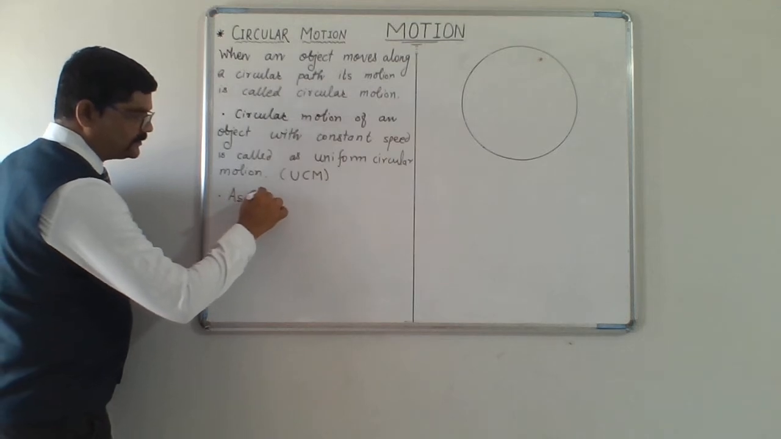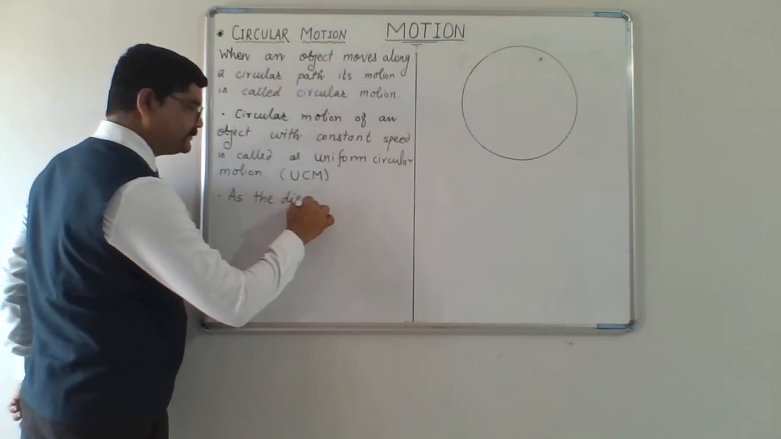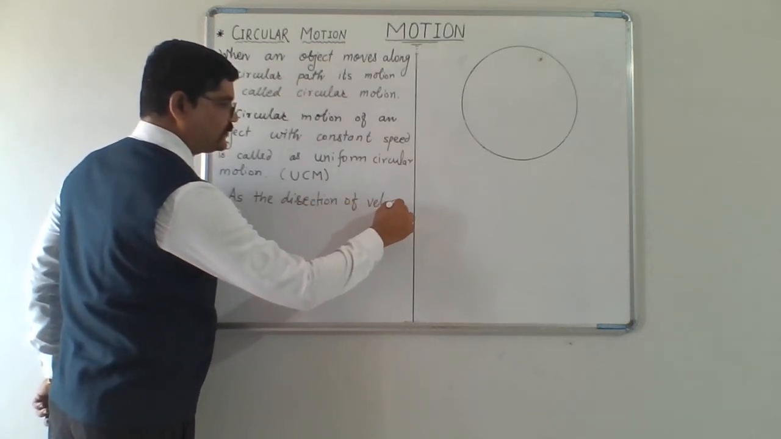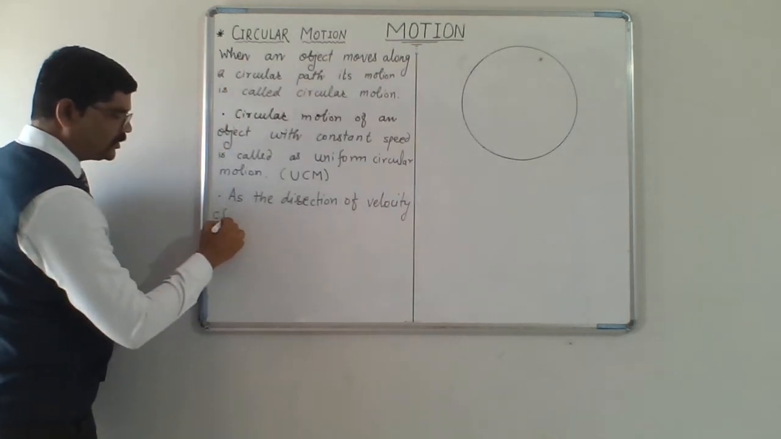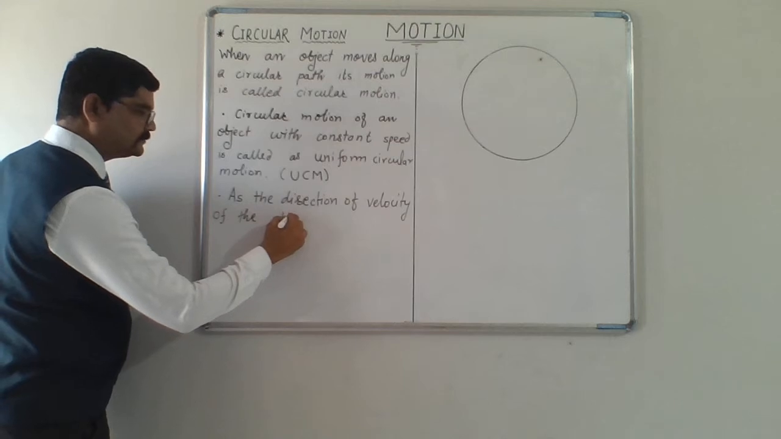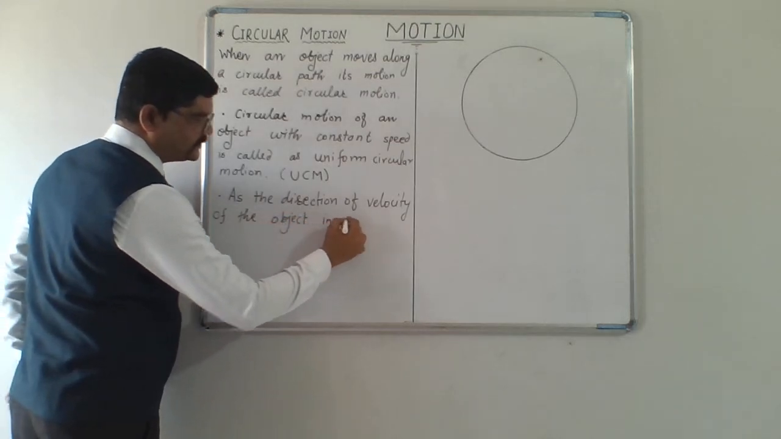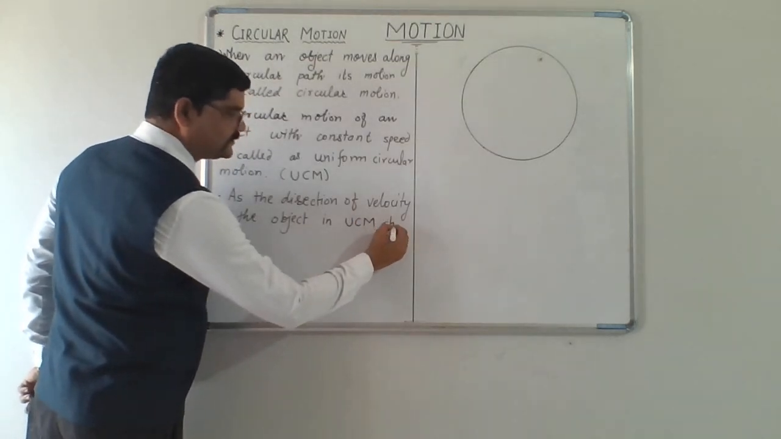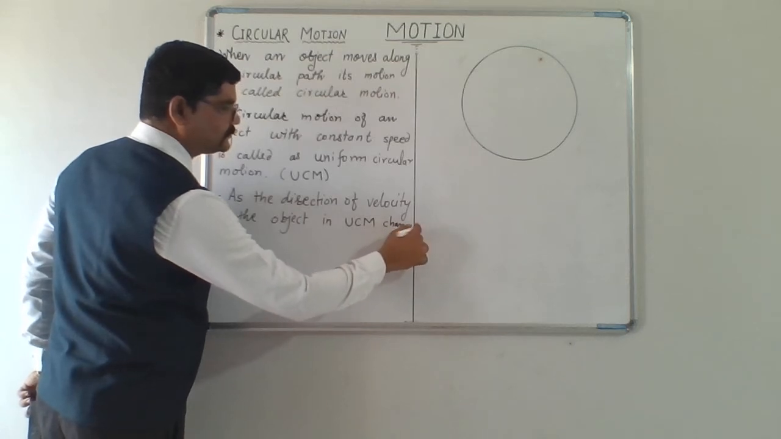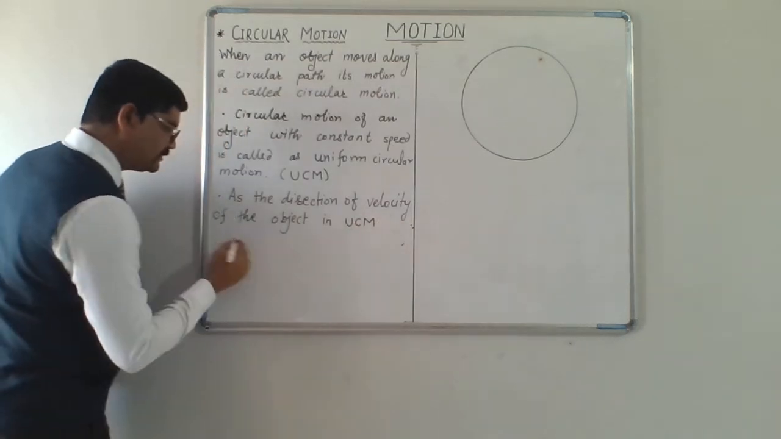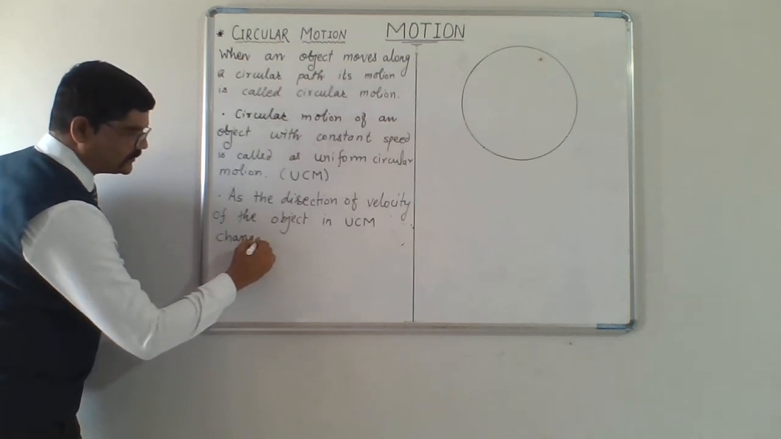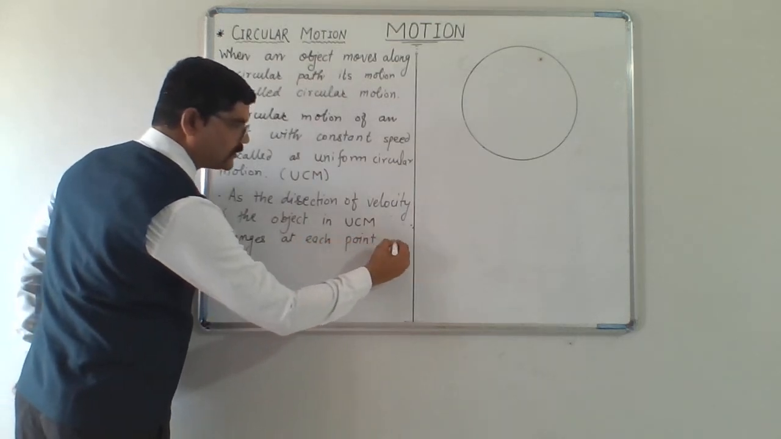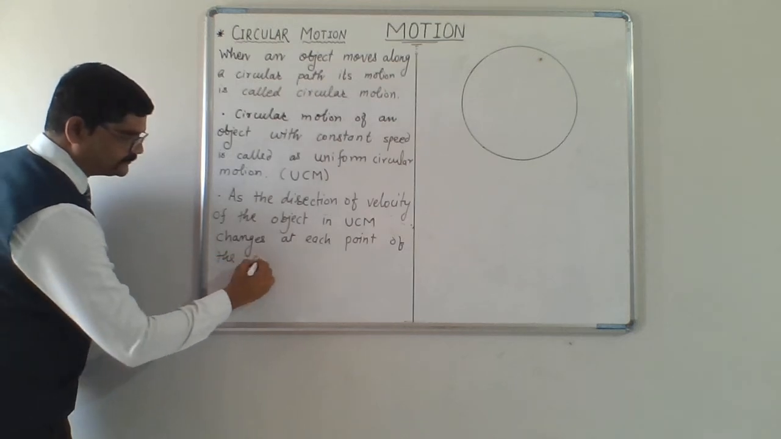As the direction of velocity of the object in uniform circular motion changes at each point of the circular track,